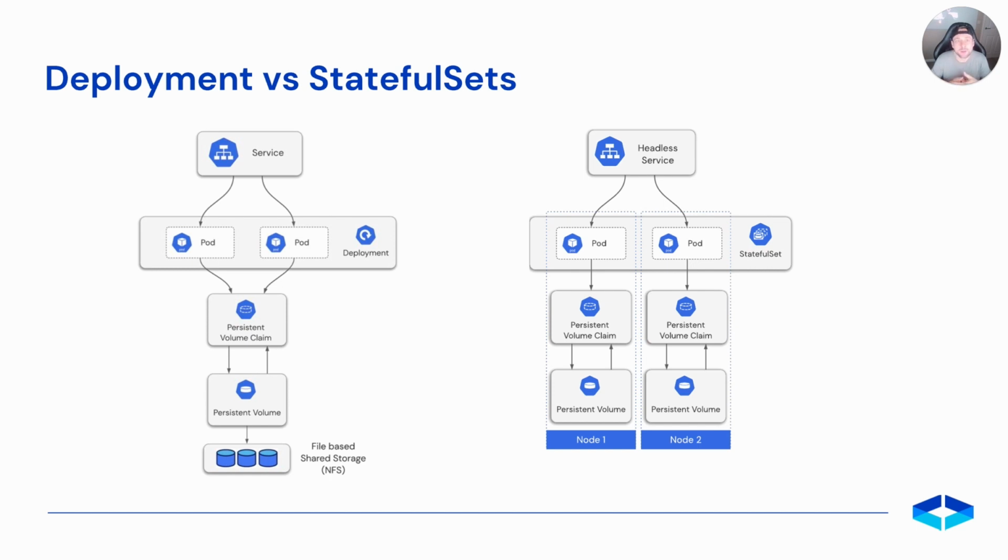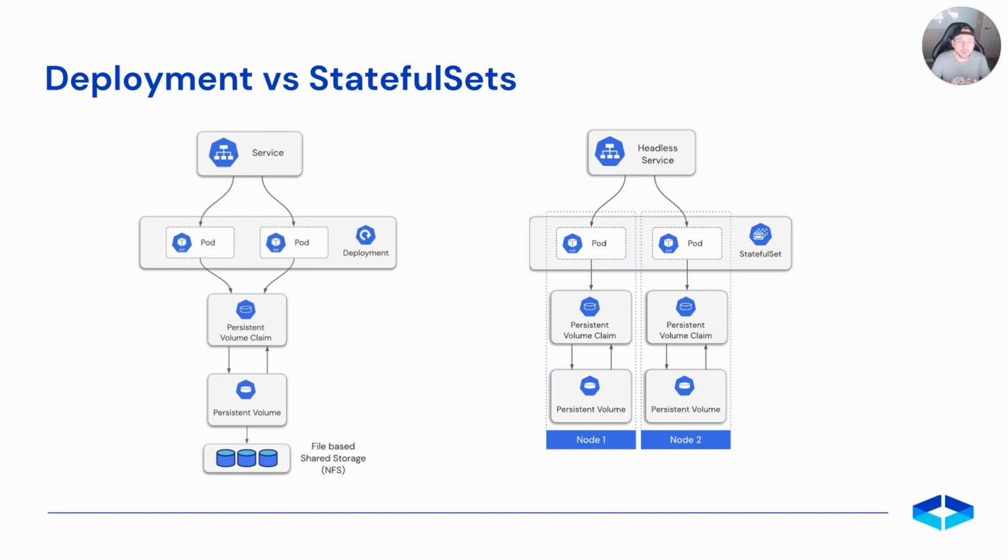At the very top, you can see that they are backed by a headless service rather than a traditional service. A headless service simply means that there won't be any cluster IP or VIP allocated to that particular application. Instead, every pod will have a fully qualified domain name managed by Kubernetes, meaning that it is well known in the cluster and that the pod can be reached using that name. Another property of pods that are part of a StatefulSet is that they will be allocated an ordinal number starting from 0 to n-1 for a StatefulSet with n pods.